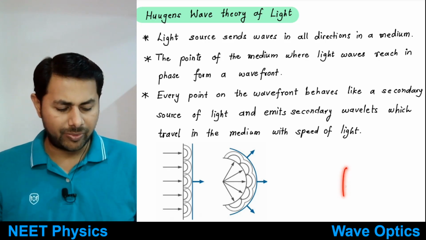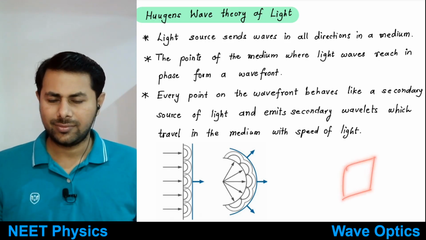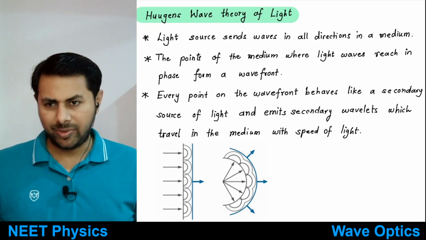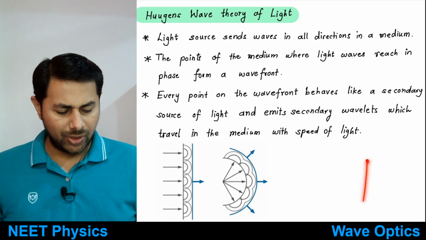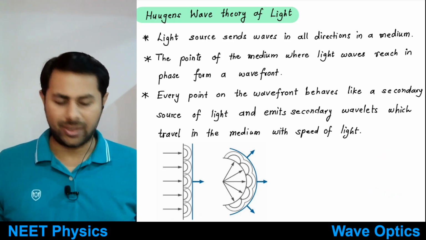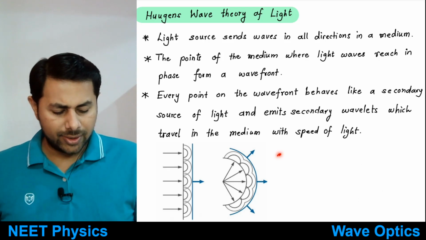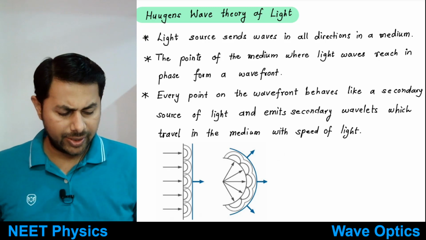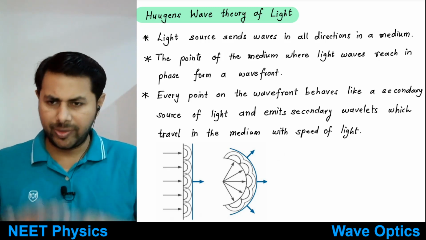You have a plane wavefront. So it is a point source at infinity, right? If you have a plane wavefront, then its source is a point source at infinity. Because a point source will produce a spherical wavefront, and then if you consider a big sphere,